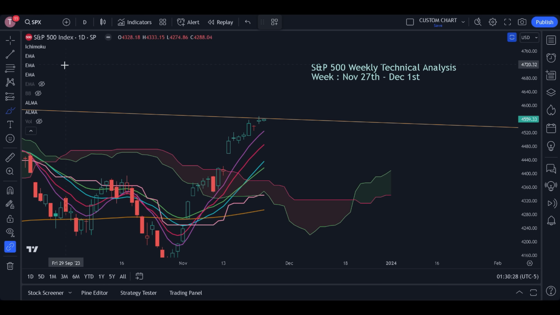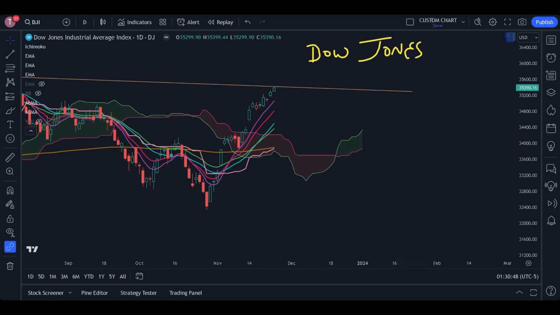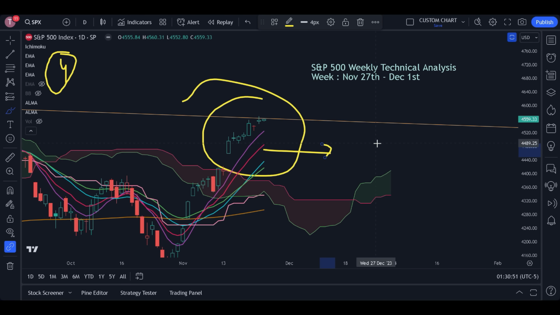Now guys, I'm going to discuss the last point of the agenda of this S&P 500 weekly technical analysis. In this fourth point, I'm going to discuss the probable movement of the entire US stock market, not just the S&P 500 but also the Dow Jones, Nasdaq, and everything. I will cover the S&P 500 and the Dow Jones, because these two are the prime indices, and they represent the entire US stock market.